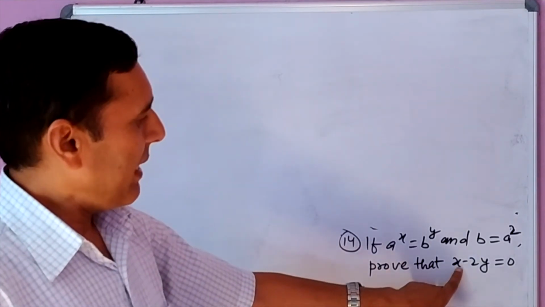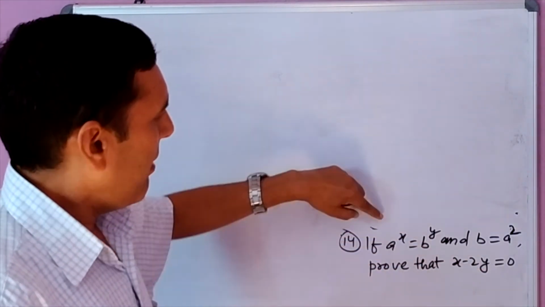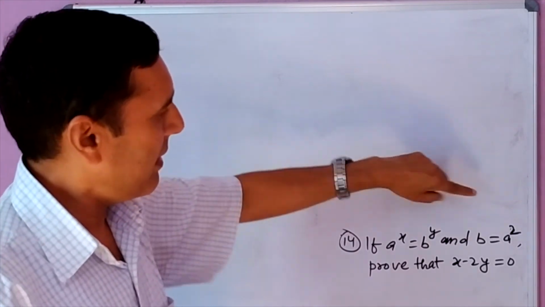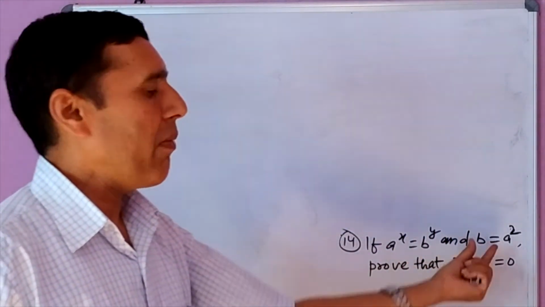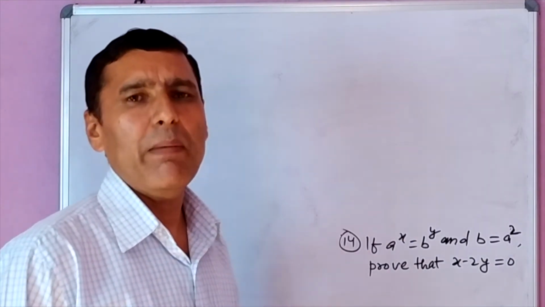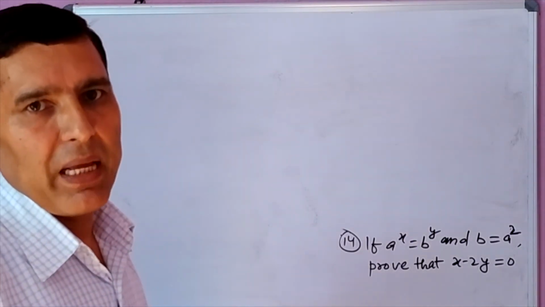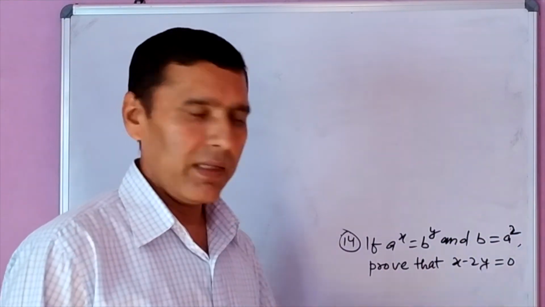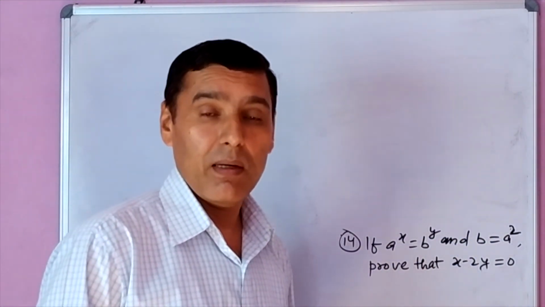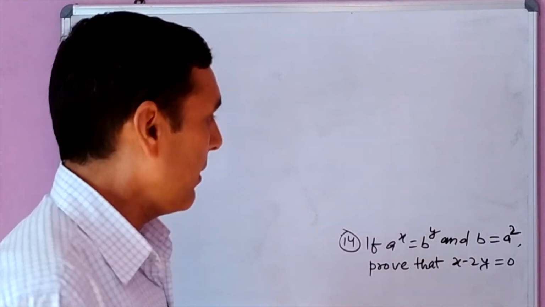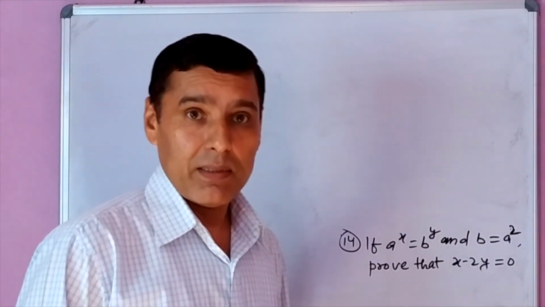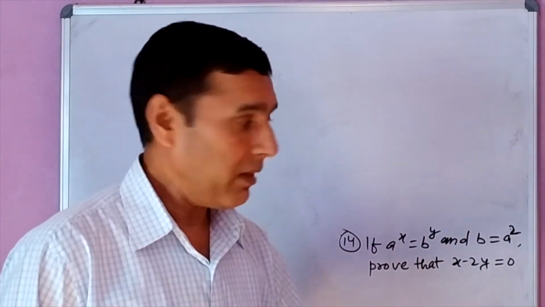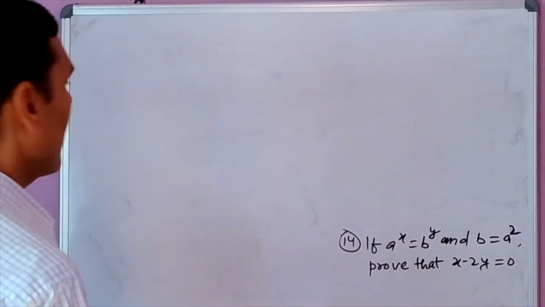The two variables x and y are exponents, presented in the given condition in the form of power. So unless we make the same base, powers cannot be equated, and without equating the power we will not get this relation. So we should be very clear about this thing. We have to make the same base. For that, either we have to express this a in terms of b, or b in terms of a.